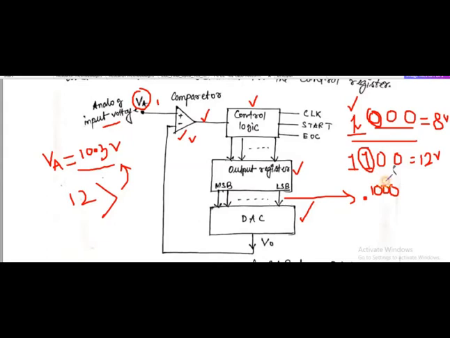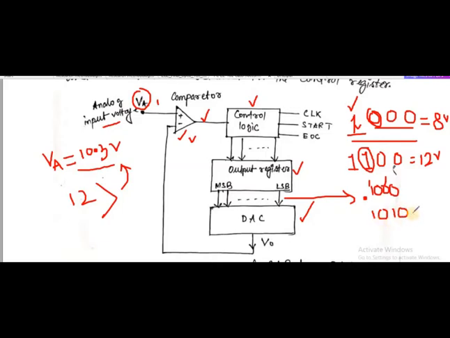now this bit. So this is happening in the third clock pulse. So in the first clock pulse this bit is set. This is happening in the fourth clock pulse. In the first clock pulse this bit is set. Then in the second clock pulse this bit is set. In the third clock pulse again this bit is reset because the value is greater than the VA. In the fourth clock pulse, this bit will again be set. So what will happen? The content of this output register becomes 0, 1, 0.